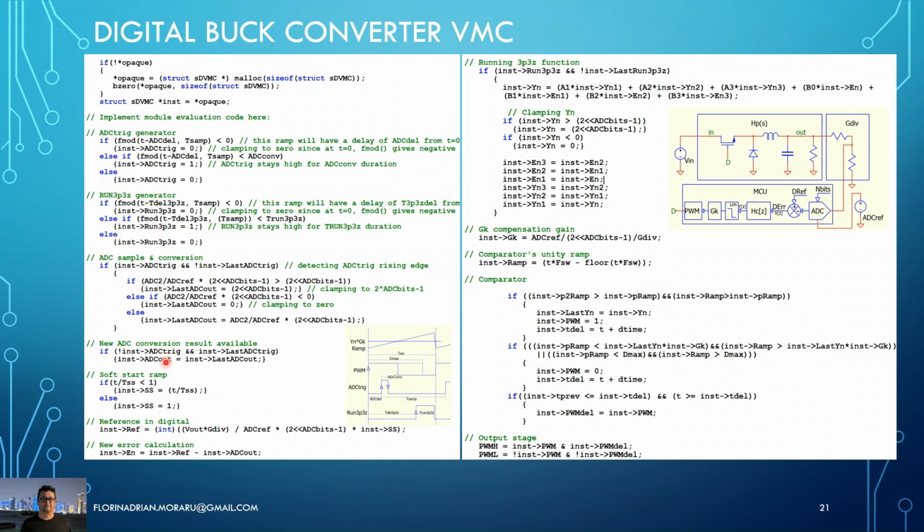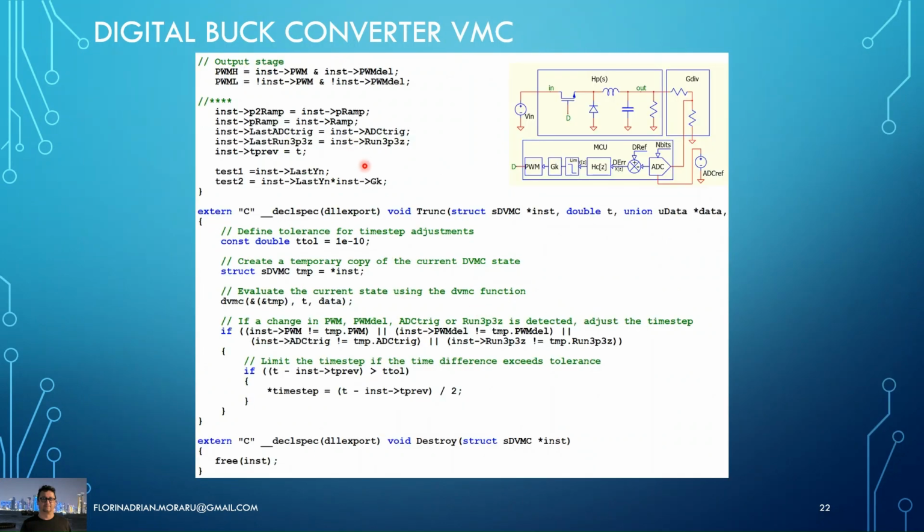Then here we will start actually our code. We have the ADC trig generator, the run 3P3Z generator, ADC sample and conversion, soft start ramp, reference in digital, and new error calculation. At this point, the digital compensator function is, and we have here the linear difference equation, clamping y of n. Okay, then this is the GK, the compensation gain, the comparator, and the output stage. Yeah, and here we are simply generating the PWM high and PWM low. And we have 2 test pins, and for this test 2, we have actually the other input in the digital comparator. Yeah, it's the output of the digital controller times the